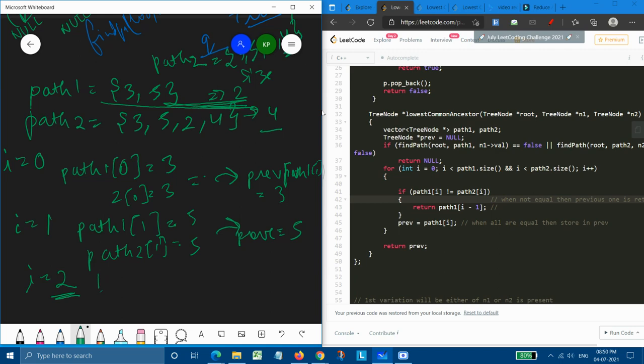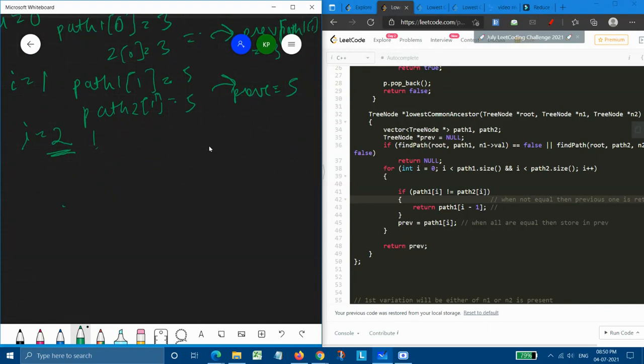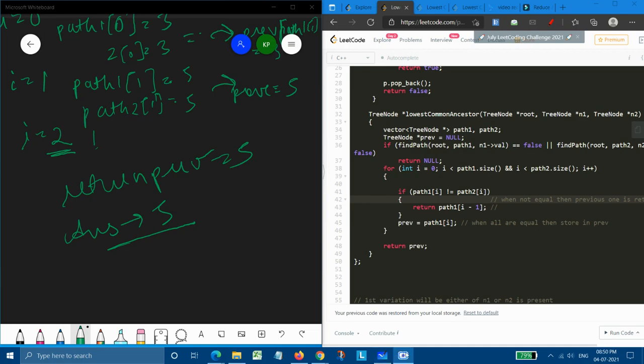And at this moment, we were able to move in the loop because of the condition. So at the end, we need to return the previous, which was 5. So our answer came out to be 5. So this was all for this question. Thank you.